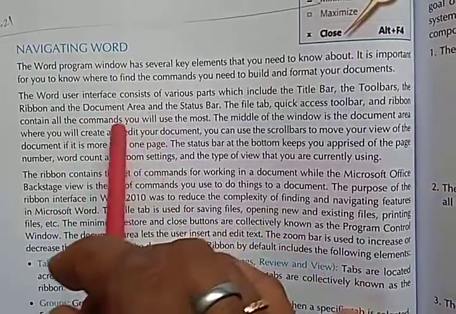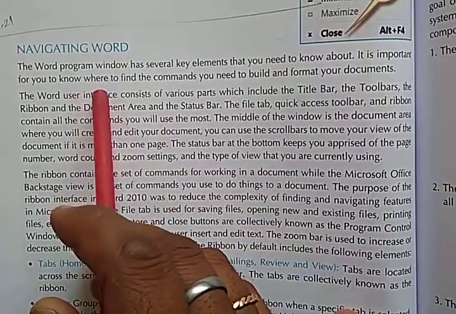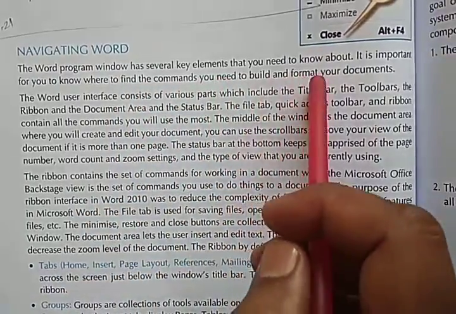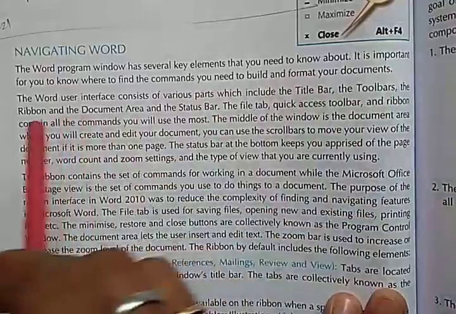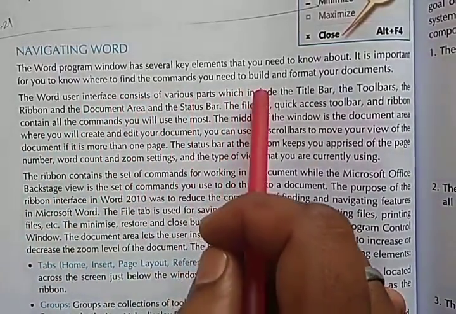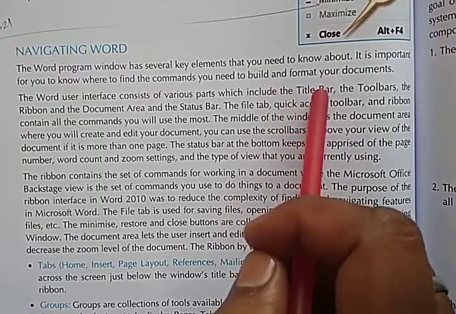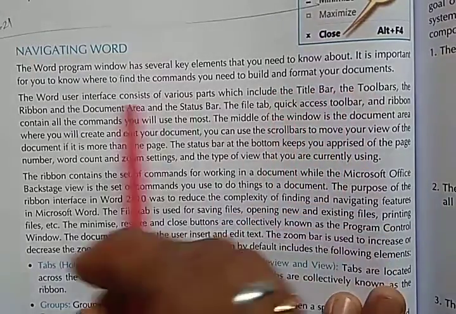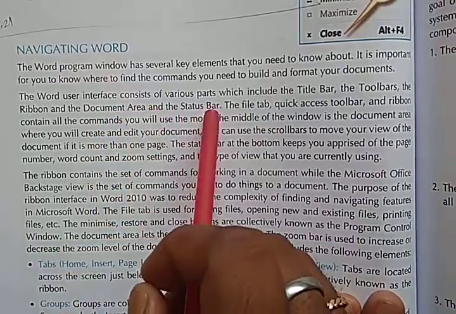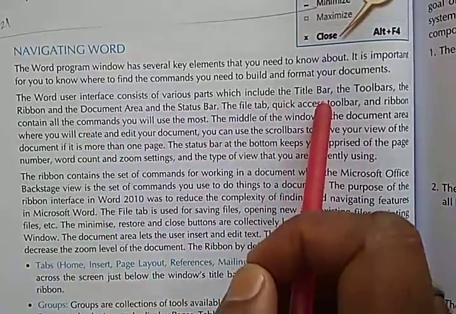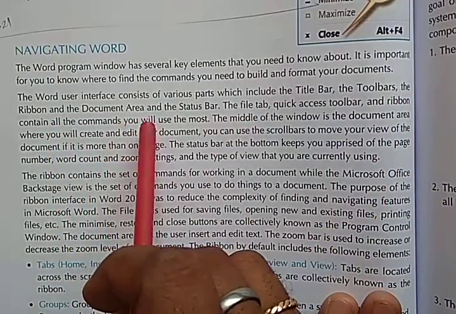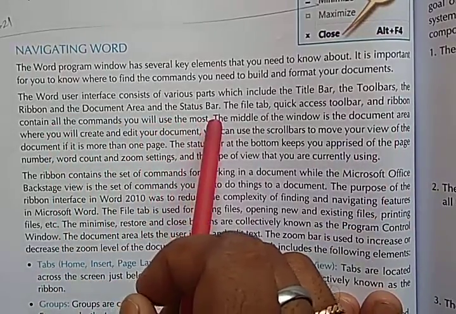Page number 84. The Word program window has several key elements that you need to know about. It is important for you to know where to find the commands you need to build and format your documents. The Word user interface consists of various parts which include the title bar, the toolbars, the ribbon, the document area, and the status bar.